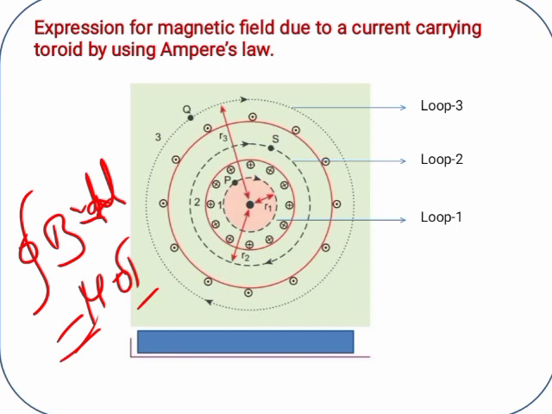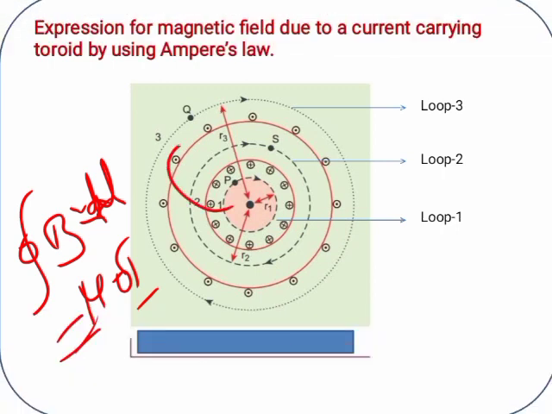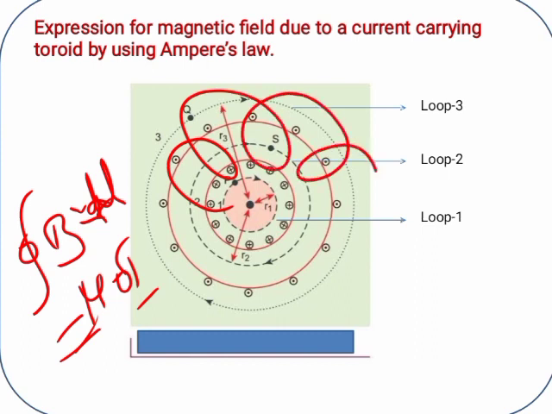Now if we consider this is a toroid, here I have shown this is loop 3, these are imaginary surfaces, and this is loop 2. And inside this circular path, this is called loop 1. Here small dot and cross symbols are shown. It means, as we discussed in the beginning, the current is either outside or inside. So the solenoid is like this, and the endless solenoid is called a toroid.